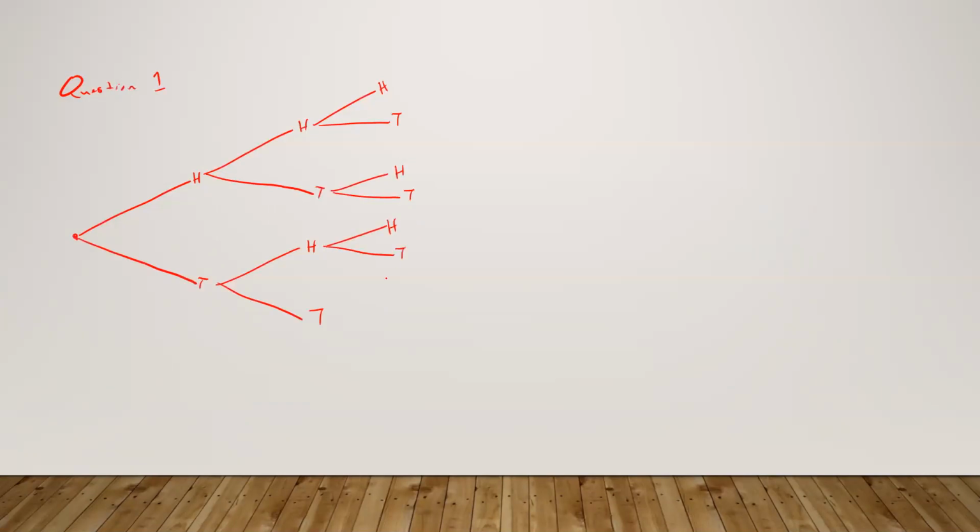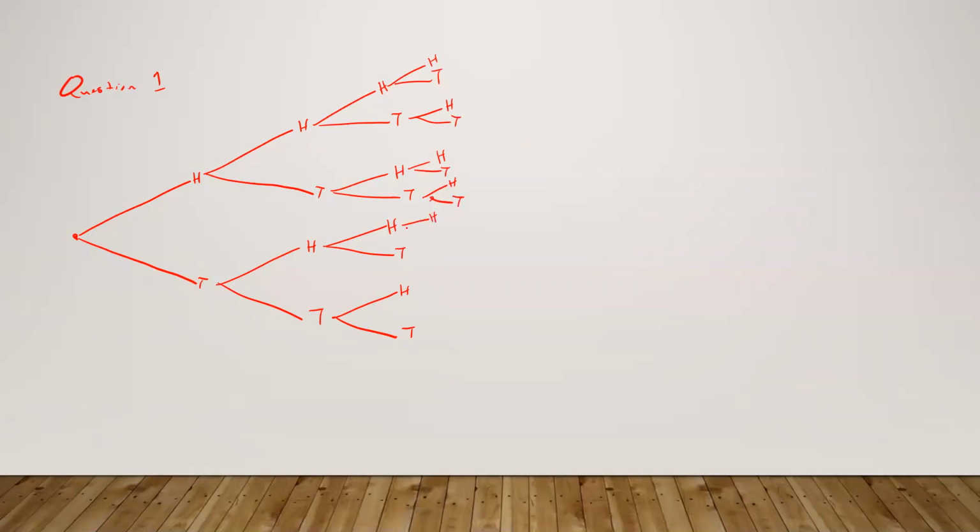I don't want the number. I want the actual sample space. So the first flip you're going to get is a head or a tail. And then the second flip, you're going to get another head or a tail. And you're going to have to do this 4 times. Yeah, there should be 16 things in the sample space. I'll put this tree diagram up in the notes, so you guys can see. But then you'll just have to traverse the tree diagram and find what the sample space is.